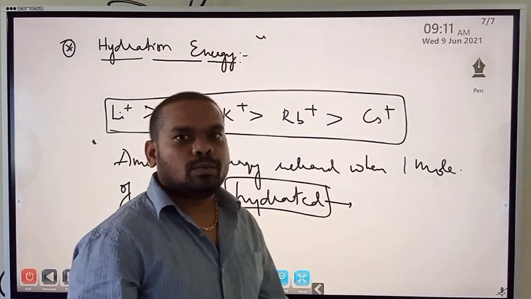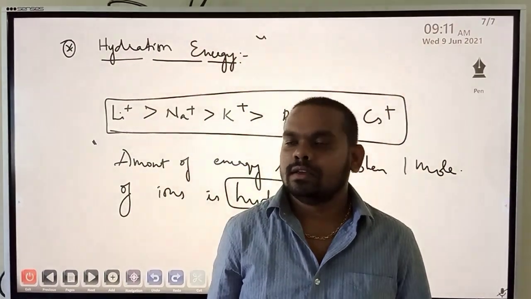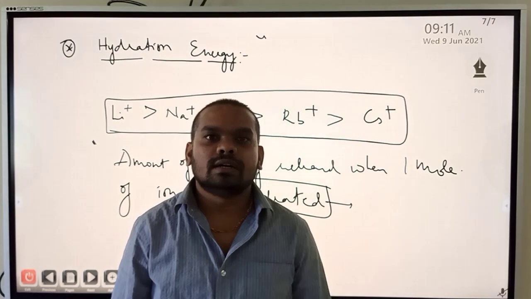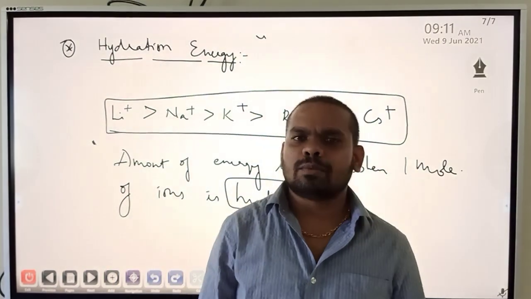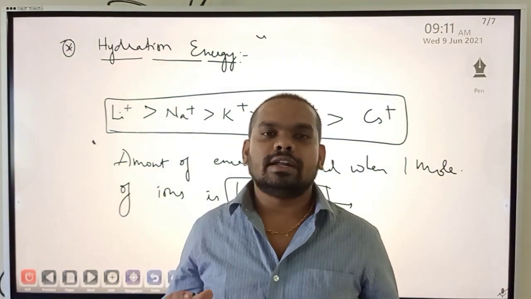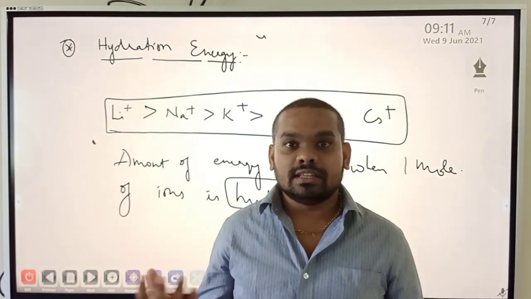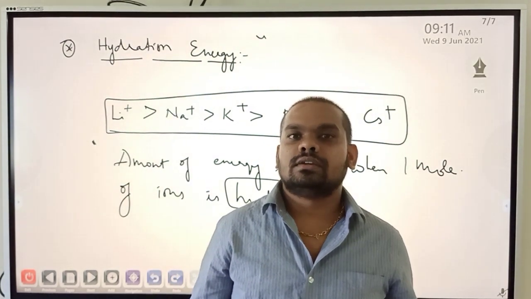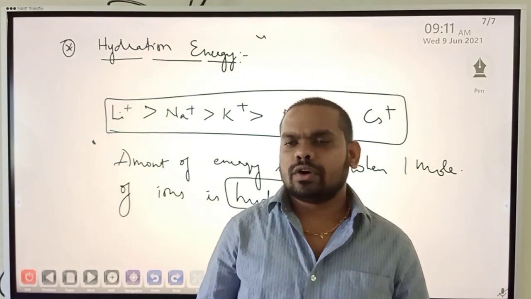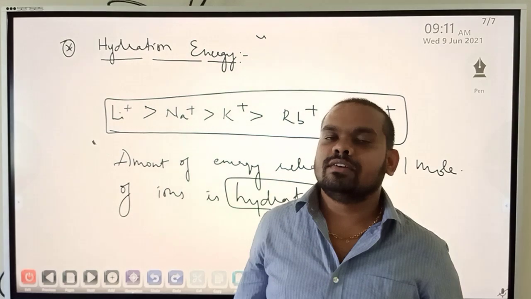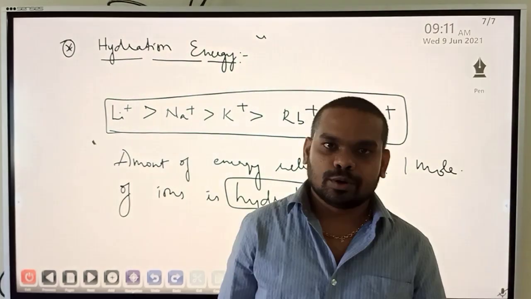So that's all about this very important property, and with this the physical properties are done. In the next class we'll be talking about the chemical properties, meaning how the metals react with water, with air, with other metals, with non-metals, with oxygen. All kinds of chemical reactions will be dealt with in the chemical properties.